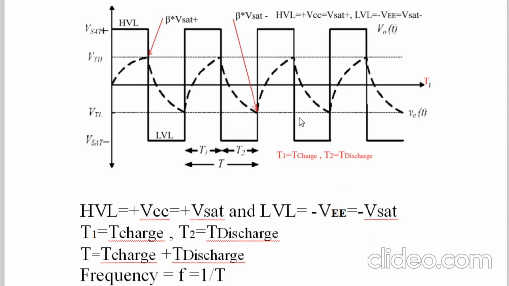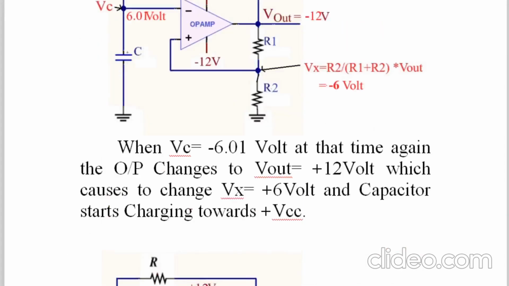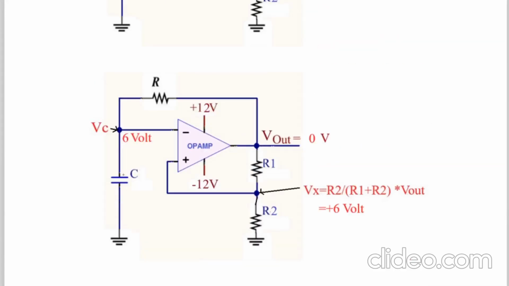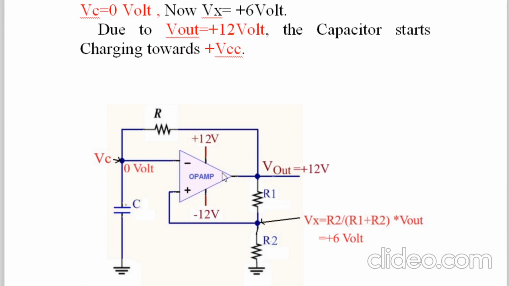Now we'll see according to the circuit diagram. So now here, suppose your capacitor is at 6 volt. This voltage is again at 6 volt, so the output will be 0 volt. So it changes its state from HVL to 0. But remember, now the capacitor will just cross the 6 volt, because this was at 12 volt. Because this output was at what? 12 volt. Therefore, the capacitor started charging from 0 volt. So the capacitor will just cross the 6 volt.